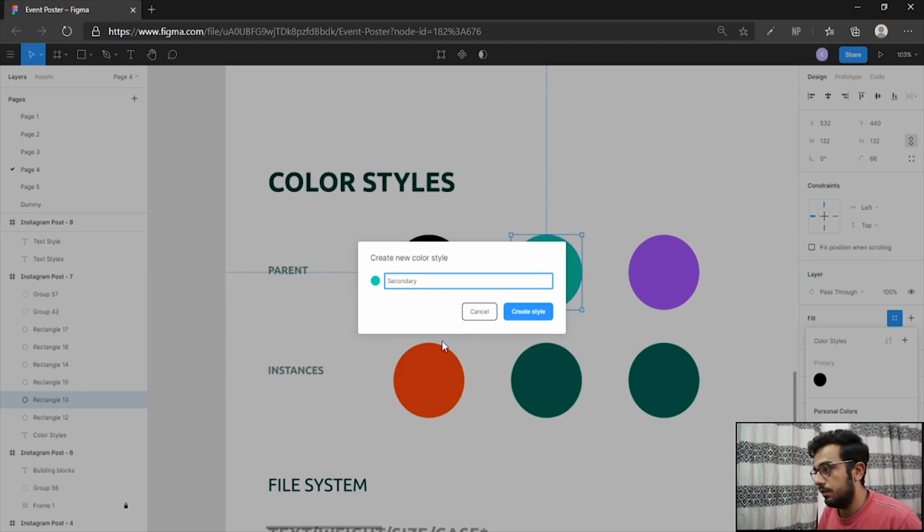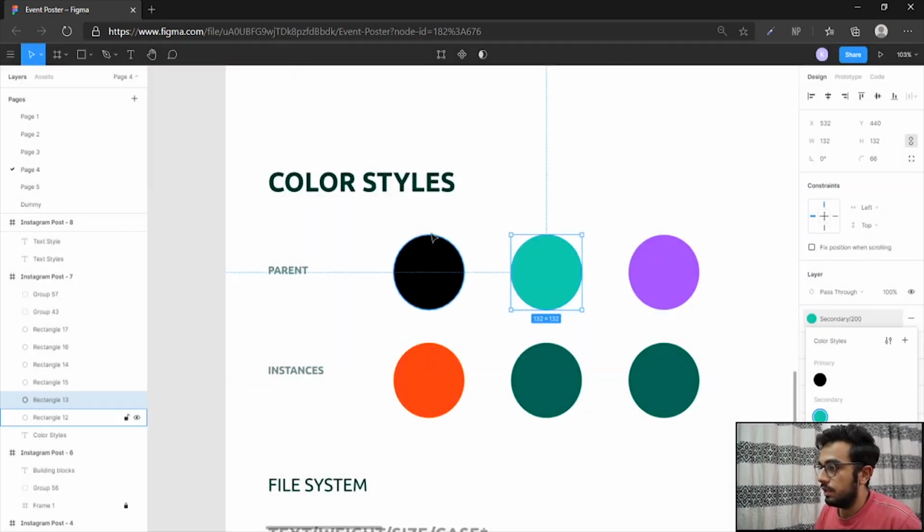For example, if I want to have 5 secondary colors or 3 secondary colors, I can just name it secondary slash light. And you can also name it by the intensity of color that they have. So for example, this is a light color, it can have lighter shades. So for now I'd be naming it secondary light and 200. Or you could just skip light and you could name it secondary slash 200. So this would be under the header of secondary, and it would show up here.